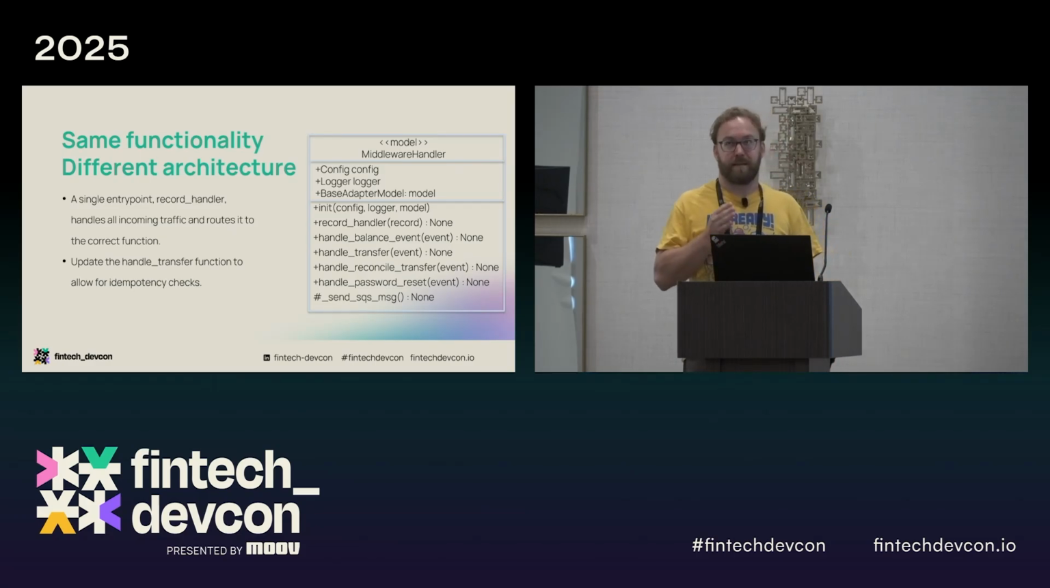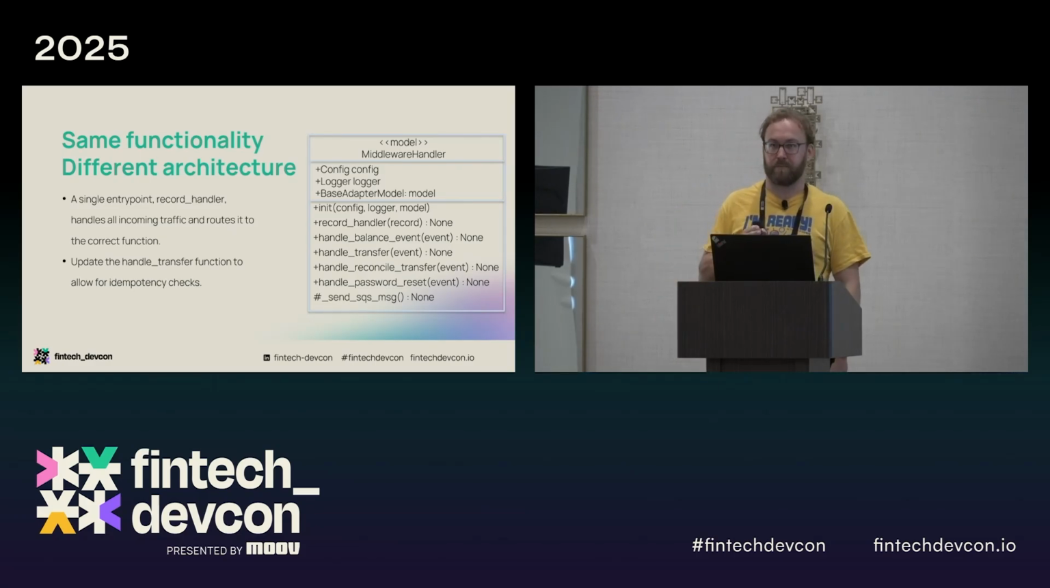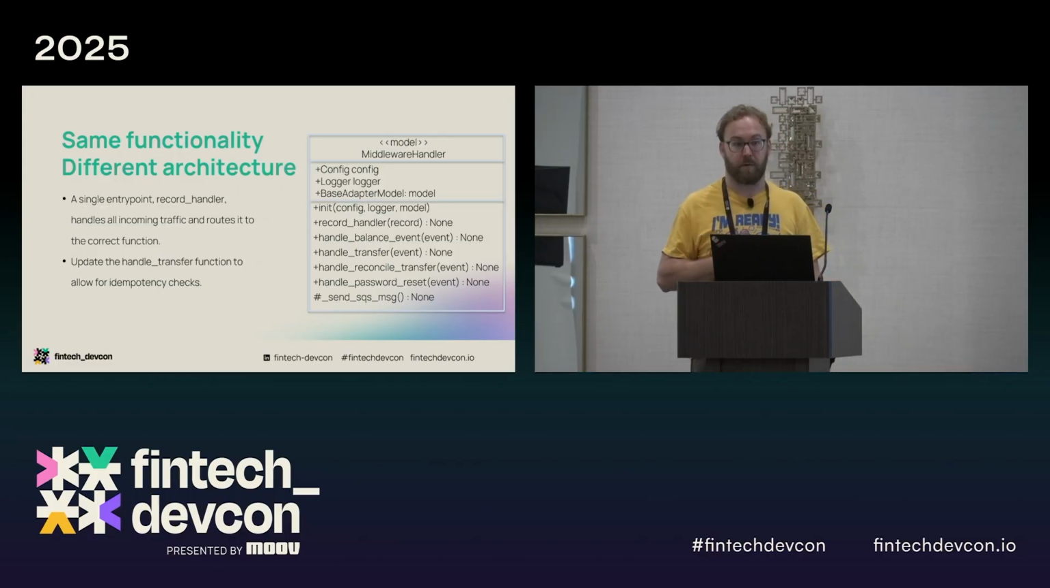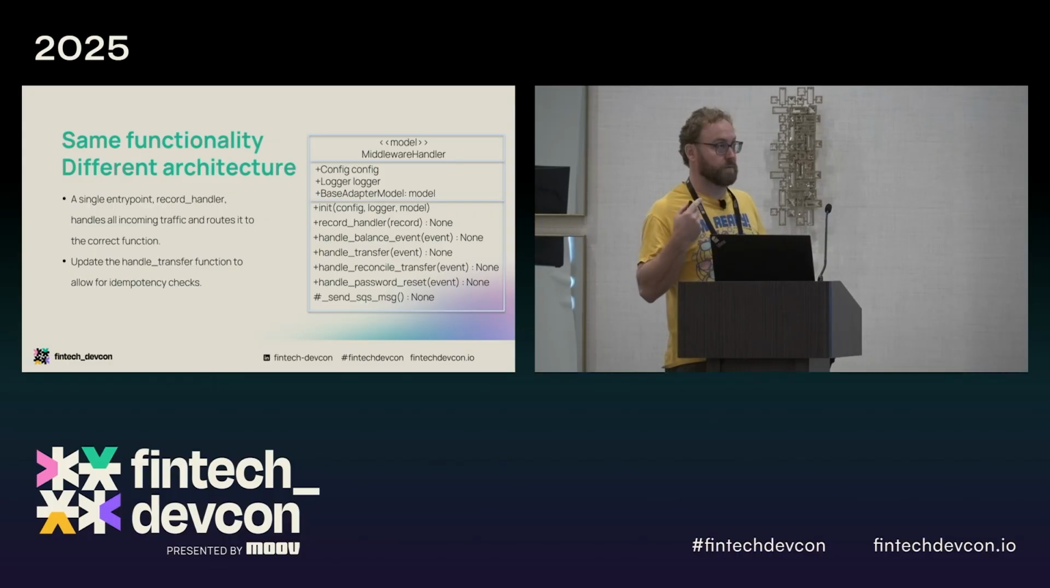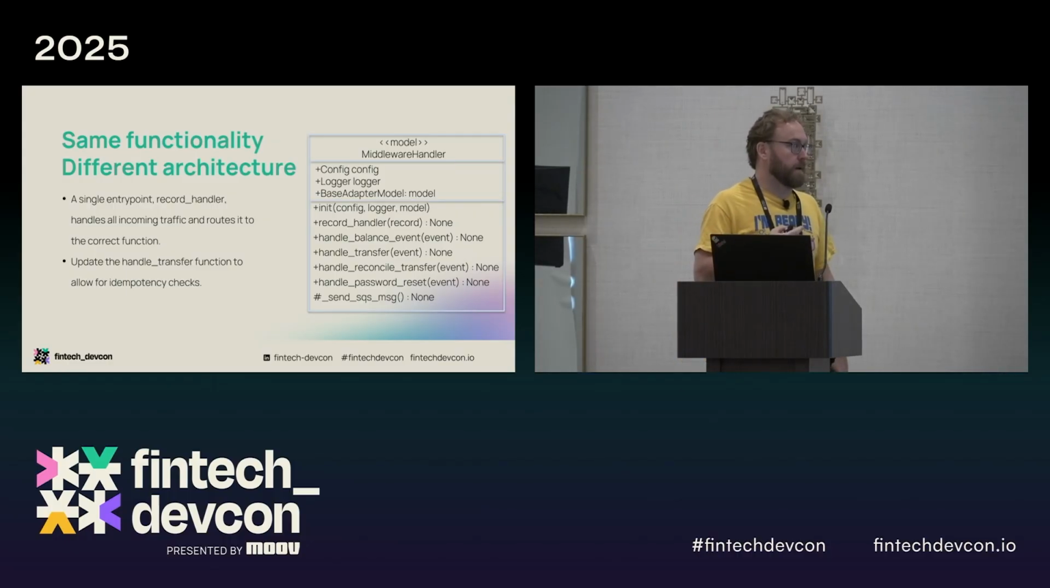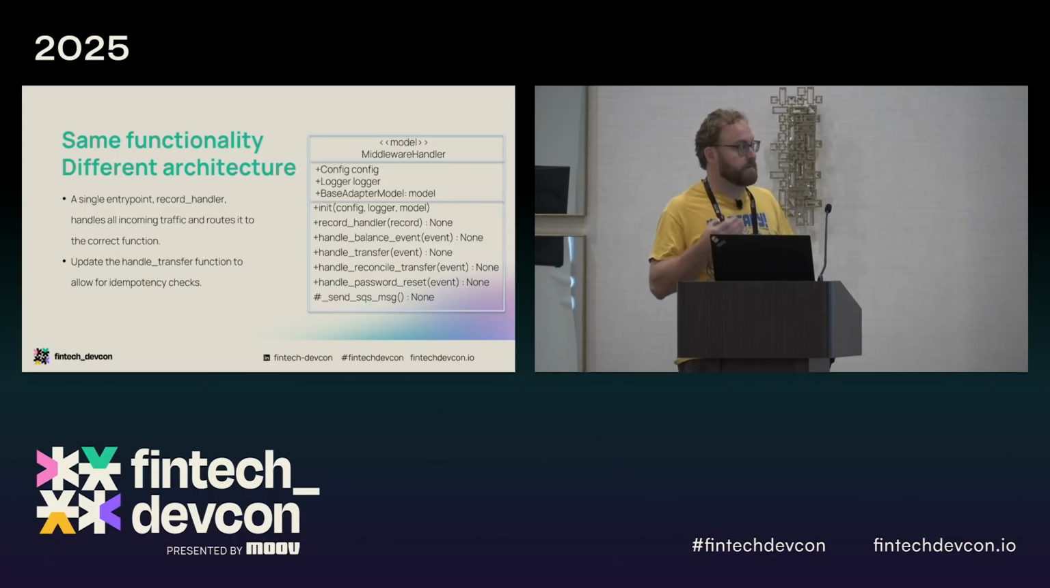Because of the split, the move was very easy. We wrote a new middleware. This middleware, instead of having endpoints, has handlers. When the AWS queue event triggers the Lambda, it goes through this record handler. The handler looks at the event. It makes the call on what